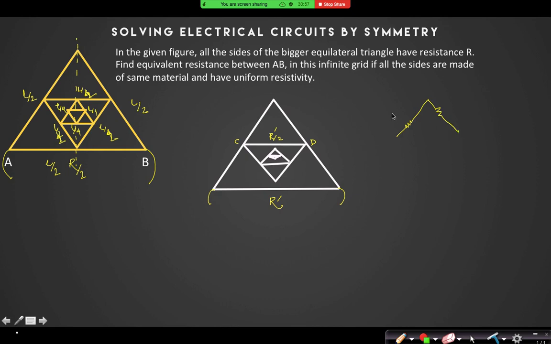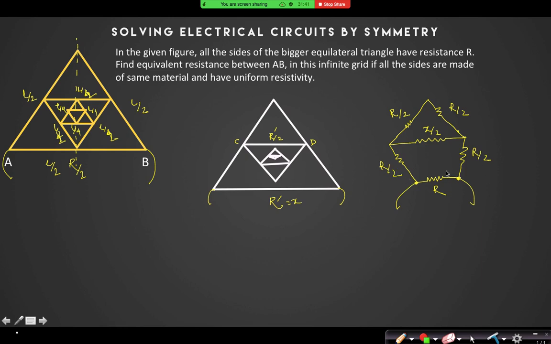Sir, instead of R prime, take x. Yes, we can take x as well, no problem, it is the same thing. So can I say it is R by 2, this will be R by 2. Okay, let us assume this to be x. So this is x by 2, right? And again I'm drawing this side R by 2. This side is again R by 2. And this side is definitely R. Can you say that the equivalent resistance of this between these 2 points is again x?